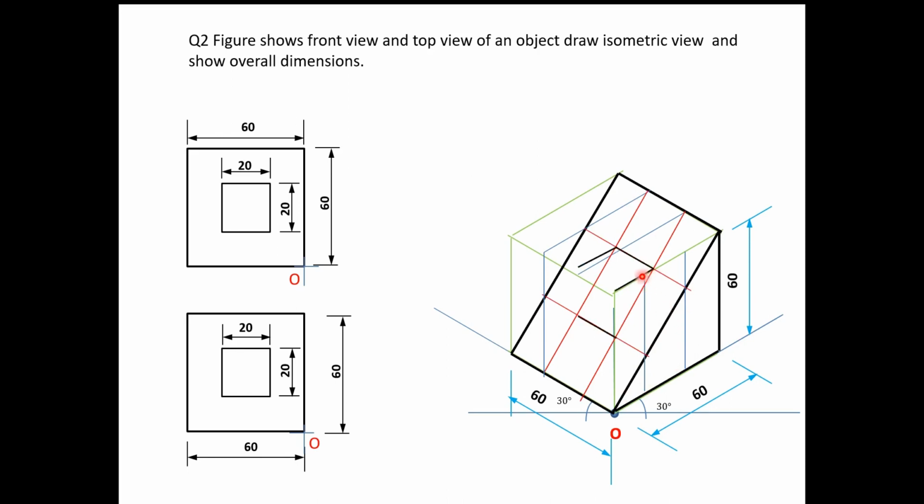Okay. Next, in this case, from this I will draw the outward projections. Okay. So this is 20 by 20 by 20, and this is also 20 by 20 by 20, and last is join this line. So now this is also a solution of this problem. So you can see its front view and top view. You will get definitely this, the front view, and this will be the top view.